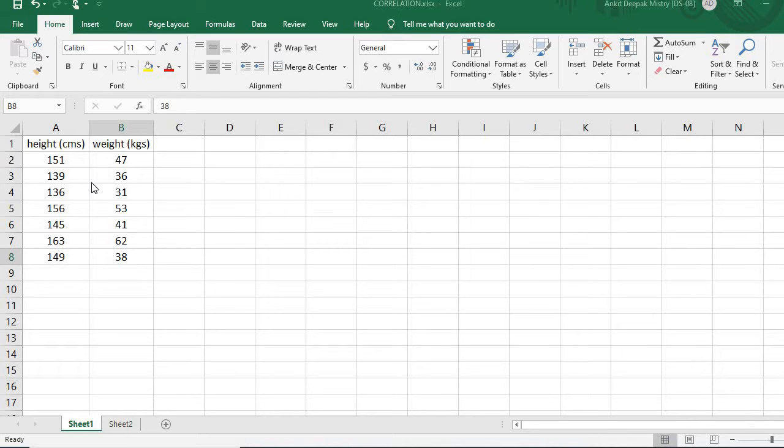By the definition of Pearson's correlation, it's a statistical measure which shows us the relationship between two variables. In our example, we have heights and weights of a certain group of people. Heights in centimeters are given and their respective weights in kgs are given, and we are to find out the Pearson's correlation. Before doing the mathematical part, let's just see how the scatter plot of it looks.